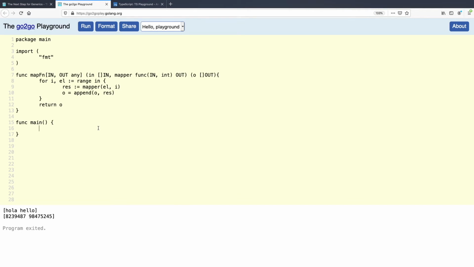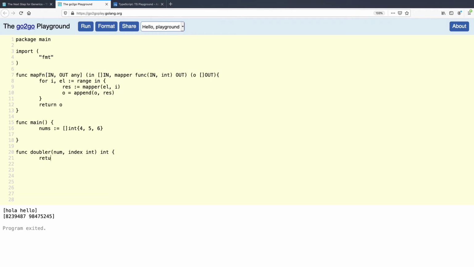Well, the obvious one is, say, a doubler. So let's say we have an array of integers which we want to double. We could have this doubler function which takes in the number, which is an integer, and also takes in the index because we're going to pass that in here, right? They're both type number, and we're going to return an integer as well.